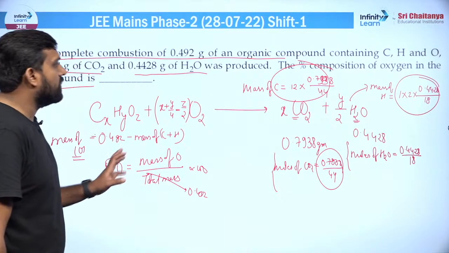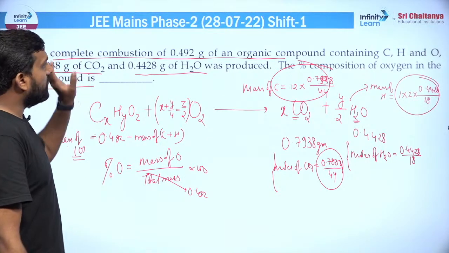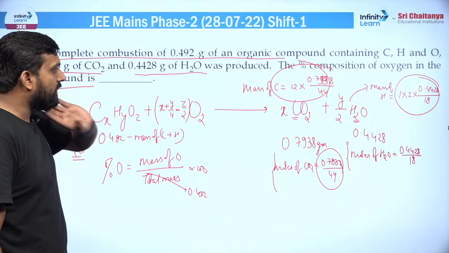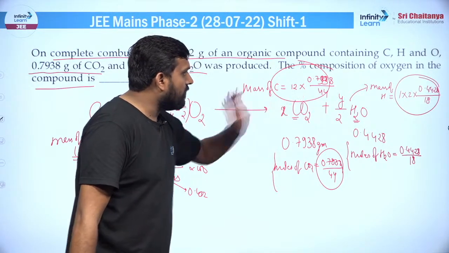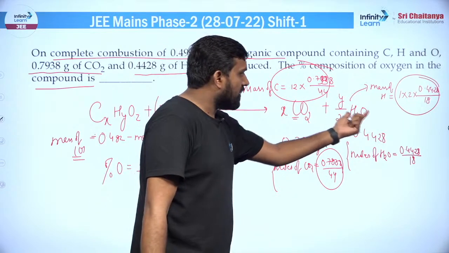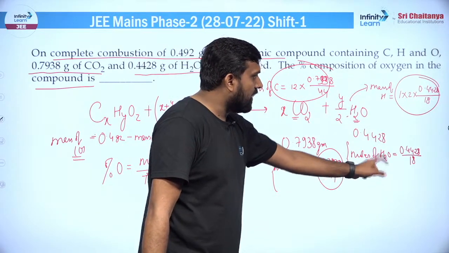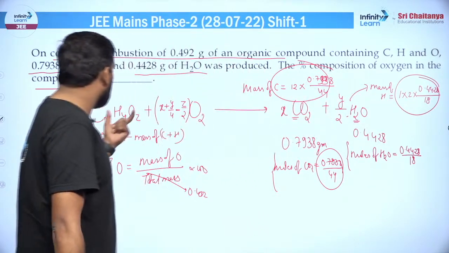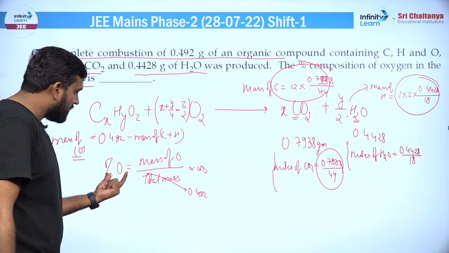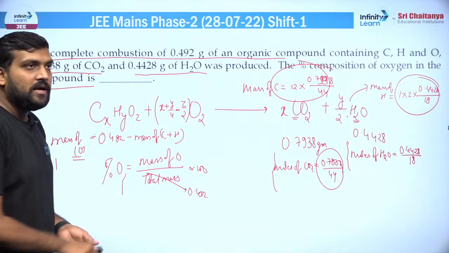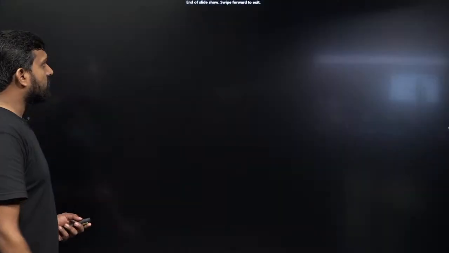तो इसमें कुछ खास नहीं है, थोड़ी सी कैलकुलेशन ज्यादा थी इसमें, मैं मानता हूं इस क्वेश्चन में। और ऐसा क्वेश्चन उन्होंने लास्ट में गंदा सा डाल ही दिया जिसके अंदर काफी कैलकुलेशन है। पहले इसका वेट पता है तो इसके मोल्स पता चल गए, इसके मोल से हमने कार्बन का वेट निकाल लिया। यहां पर इसका वेट पता है तो इससे हमने हाइड्रोजन का मास निकाल लिया, और हाइड्रोजन के मास और कार्बन के मास को इससे टोटल से माइनस कर दिया, तो हमें मास ऑफ ऑक्सीजन पता चल गया। और मास ऑफ ऑक्सीजन पता चल गया तो परसेंटेज ऑक्सीजन भी पता चल जाएगा, ठीक है।